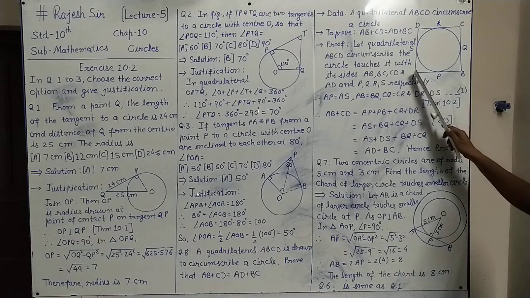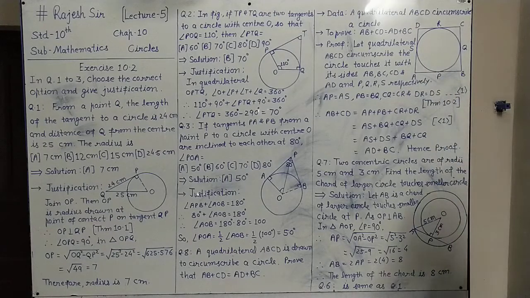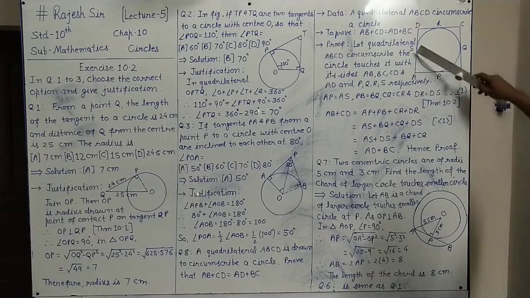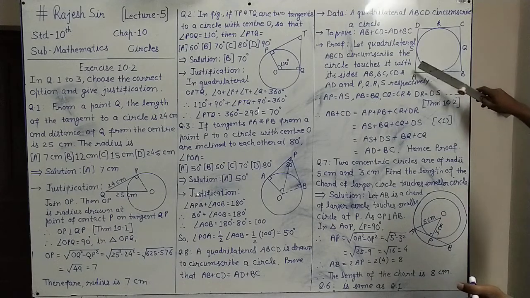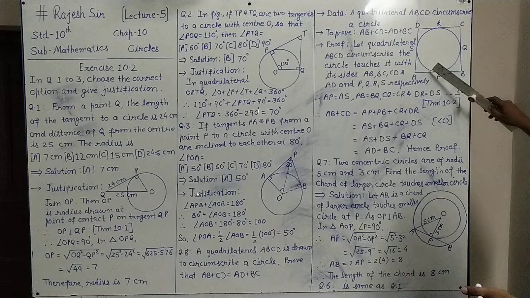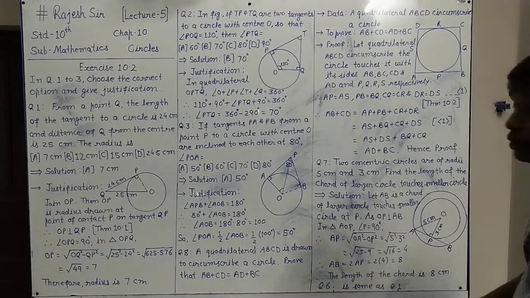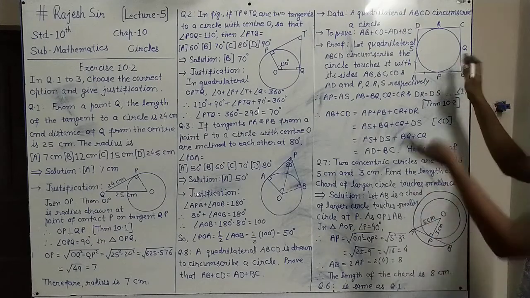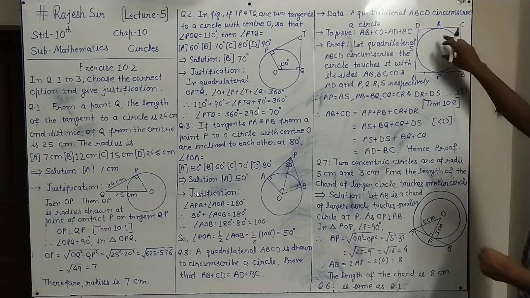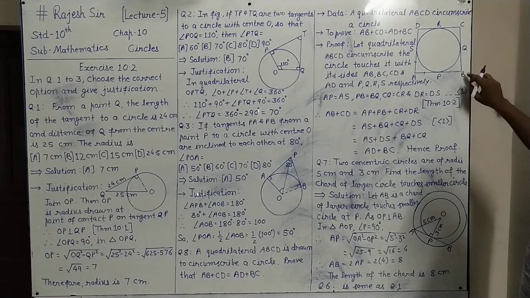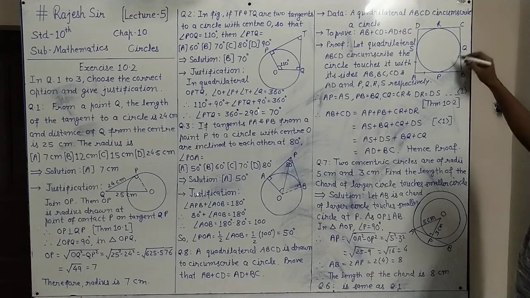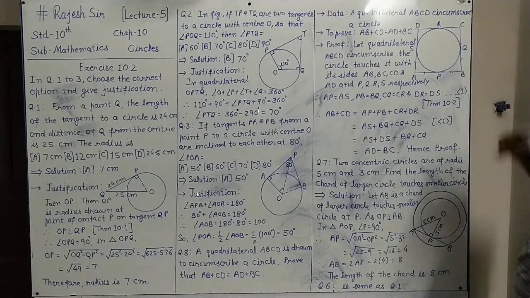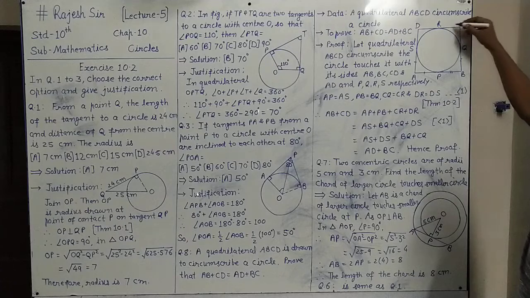Here one thing you have to note: for this circle, point A is outside the circle, and AP and AS are tangents from the external point to the circle, and they are equal, as given earlier. So we can say AP equals AS. From point B also, in a similar way, B is an external point for this circle, and BP and BQ are tangents drawn from the outside point. So PB equals BQ. Similarly, CR and CQ are tangents from the external point, so they will be equal.